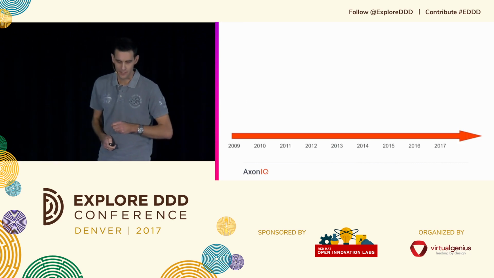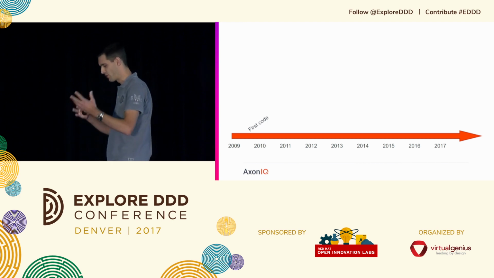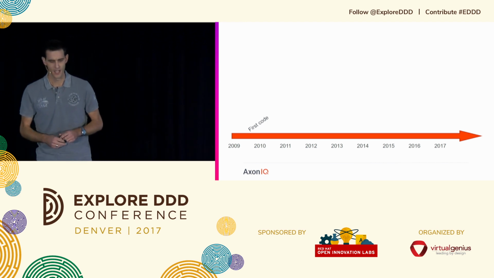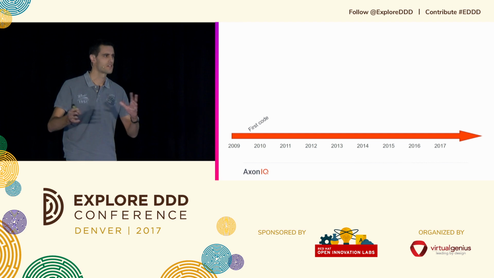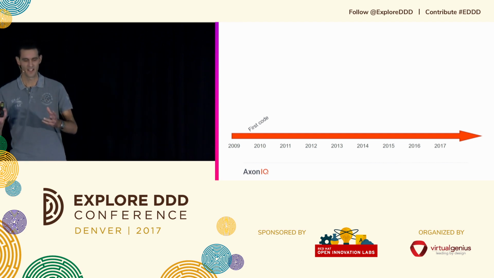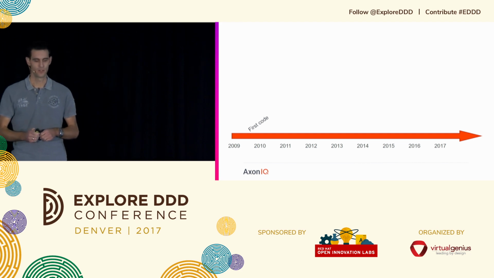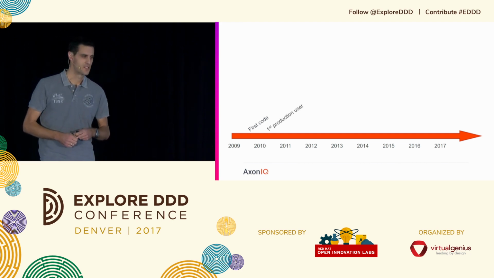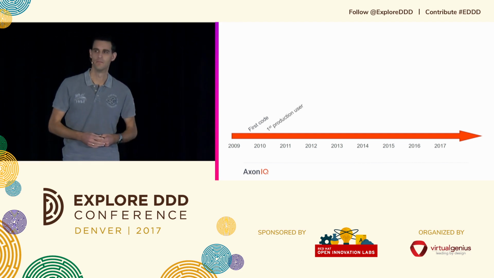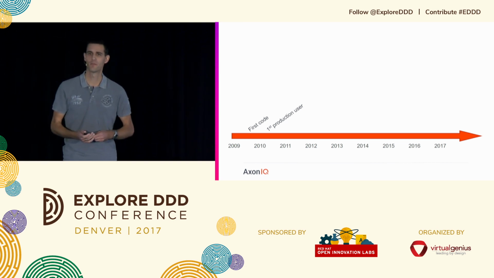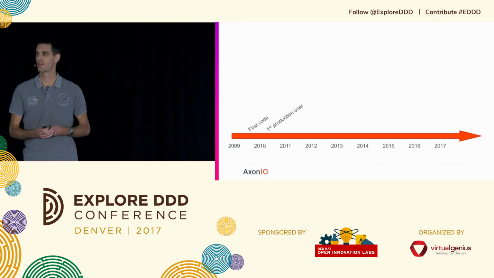And that started about 2009. I started writing some code. Okay, what is this? DDD, CQRS was getting there. And what's this thing? How does this work? And I wrote my first code. And then suddenly, some guy sends me an email. Hey, I'm using your framework in production. I was like, what? What framework?